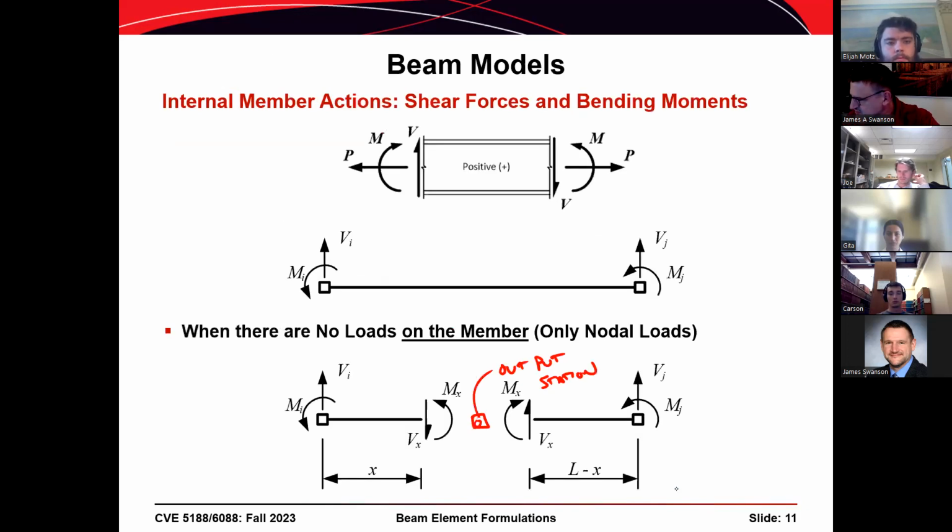We started off using this slide, but note that this one down at the bottom doesn't have any member forces acting on it. So when we solve for the internal shear force V sub x and the internal bending moment M sub x, we have to account for loads that are acting directly on the members